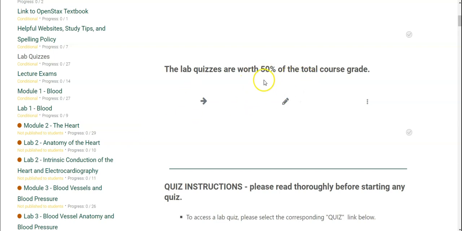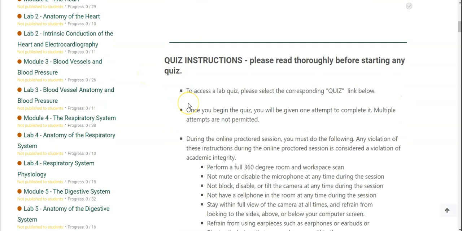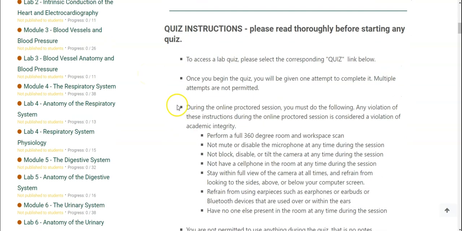This section highlights the fact that the lab quizzes are worth half of the total course grade. There are very thorough instructions for each one on how to set up the room that you're taking the quiz in, what you should and should not have available to you. As I mentioned earlier, the only things that should be